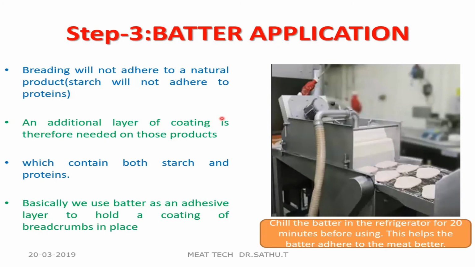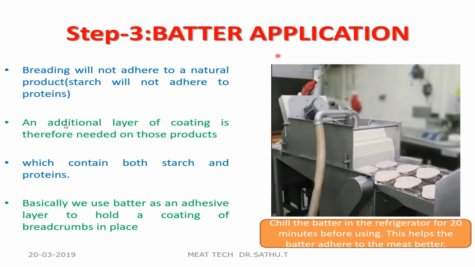So after application of the pre-dust, we go for batter application. Why we go for batter is that after the batter application, we go for the next, third process, that is called breading. The breading will not adhere to natural products, that is, starch will not adhere to the protein. You know that meat is a protein, and the bread will not adhere to the meat easily. To increase the adherence, or to get better adhering of the breading materials to the meat products, we use